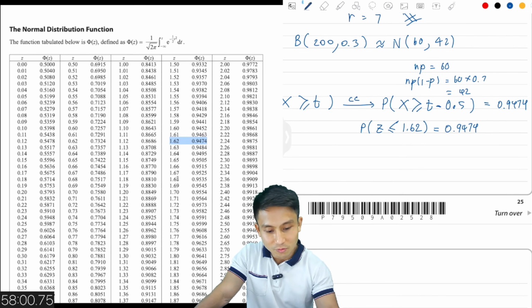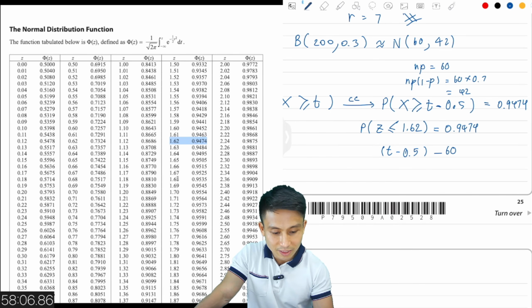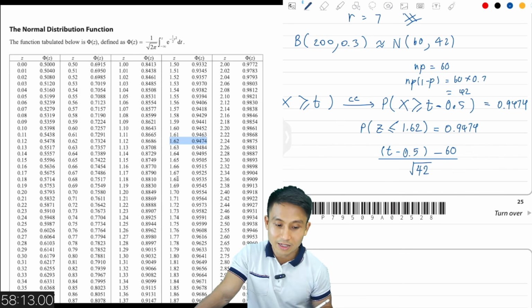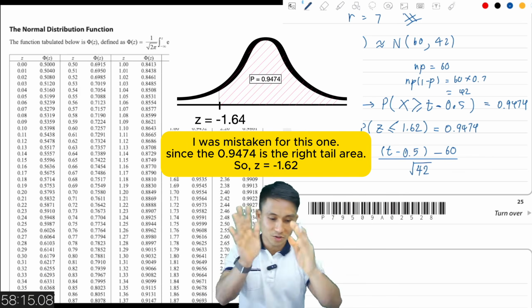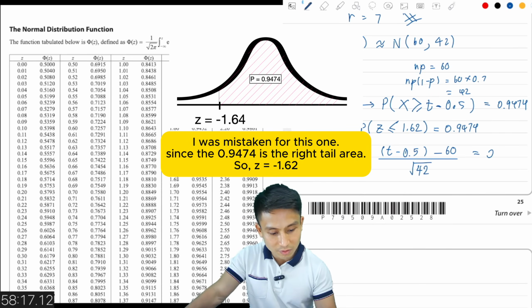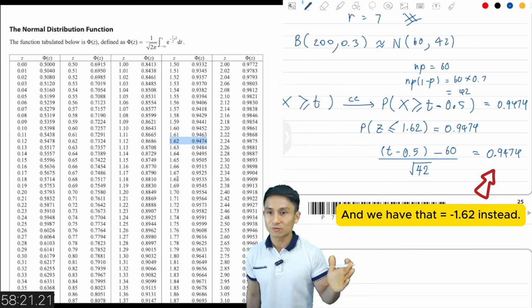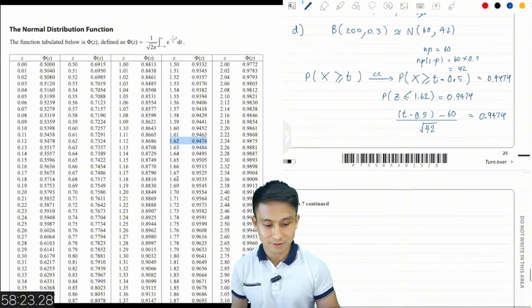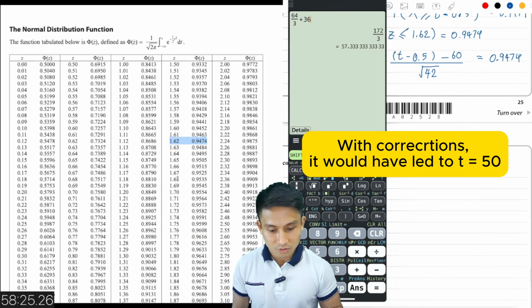So we find the z value: that's the x value, which is this guy, minus the mu, which is 60, divided by the standard deviation, which is the square root of the variance. Gotta be careful. And this is on the right wing already, so it's a positive value. We put that equal to 0.9474. And if we solve for t, then that's going to be the answer. All right. So t will be